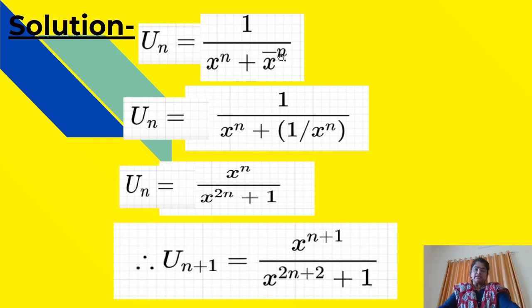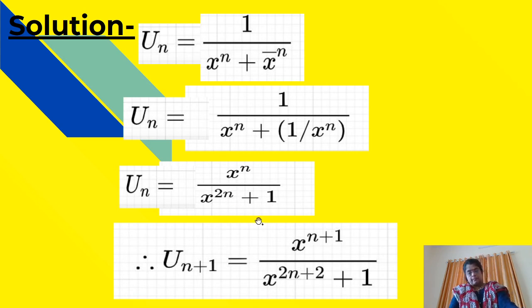Now this un can be written as 1 upon x raised to n plus 1 upon x raised to n. Now in the denominator we will take x raised to n as LCM, and therefore solving this part we will get un is equal to x raised to n divided by x raised to 2n